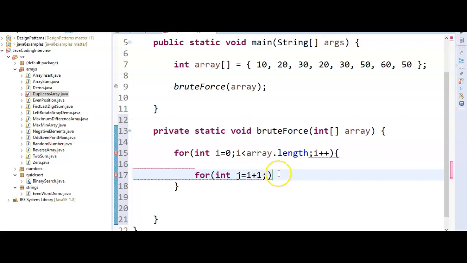Why am I taking i plus 1? Because I am comparing each first element with the rest of the elements. So that is the reason I am taking j equal to i plus 1, j less than array dot length, j plus plus.